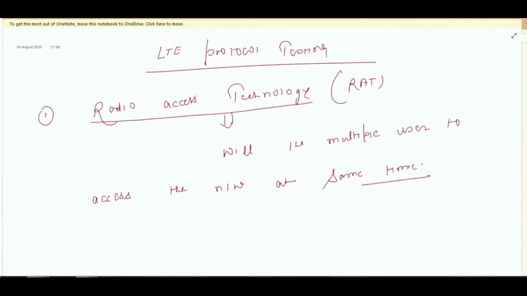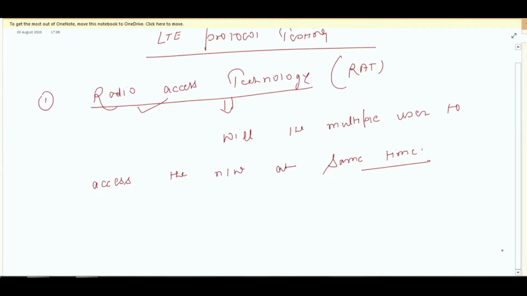So how can multiple users access the network at the same time, at the same moment, multiple users can transmit or receive their files? So at that time the important feature is the RAT, that will allow the multiple users to access the network at the same time. That is the reason whatever the different types of RAT you will see in the wireless communication,